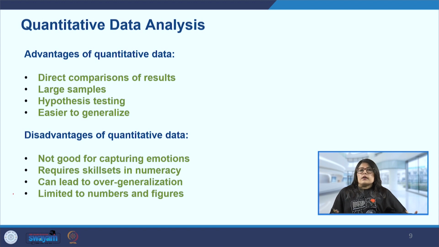So, like we saw that the emotions are missing as a disadvantage, that is another disadvantage: we will just see all of the responses in terms of numbers and figures, as in pie charts, graphs and other representations. That is where the human angle sometimes may go missing, which is again overgeneralization also.